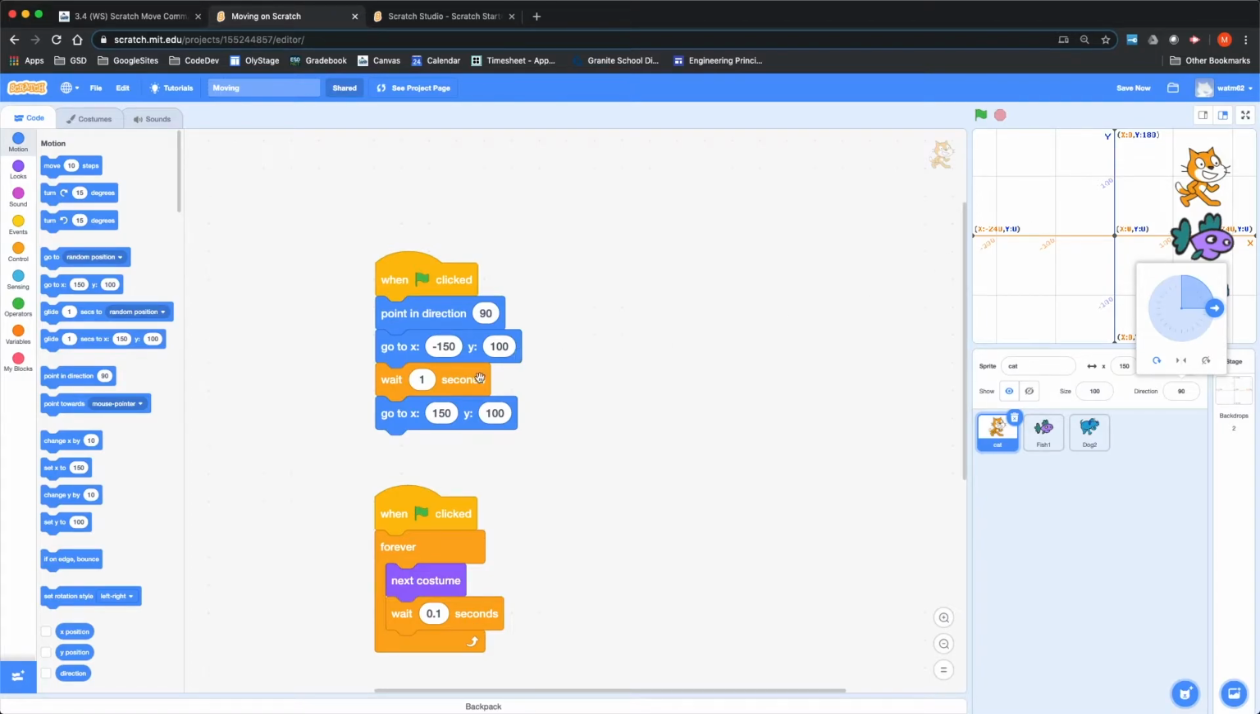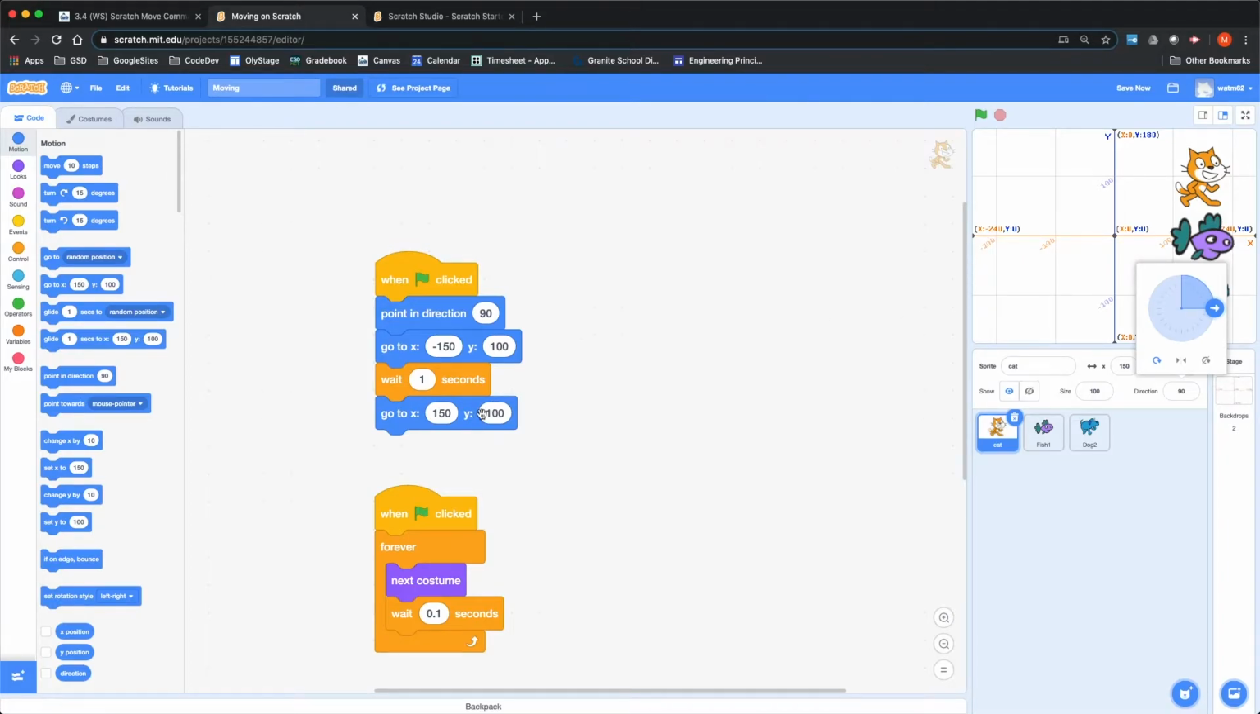It's going to wait a second, and then it's going to go to 150, 100. Oh, that's where it is right now. 150, 100. By the way, we measure the cat from its chin. That's the center of its costume. All right, so I think we have an idea what the cat's going to do. How long do you think it'll take for it to go that distance? Well, if I just click this, it waits for 1 second, and then it immediately pops over,